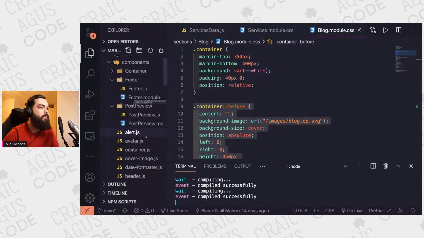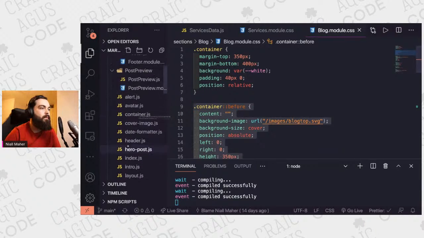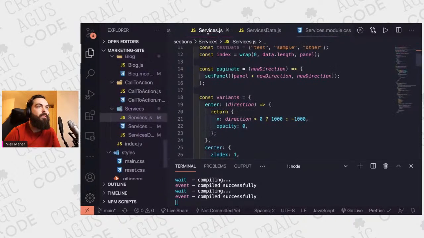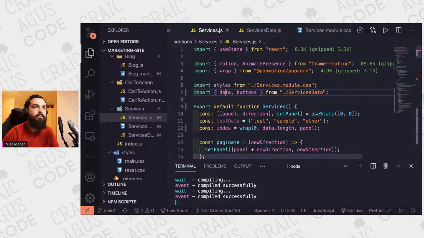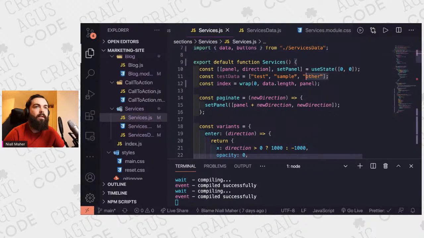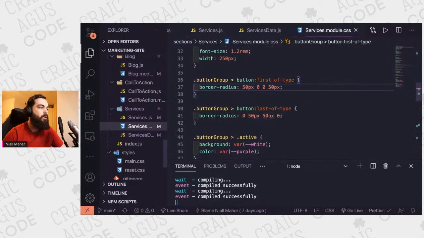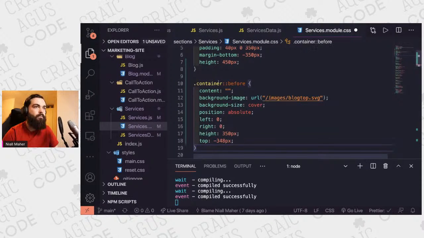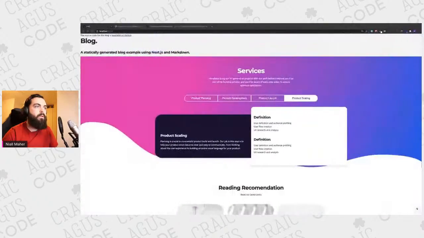So let's take this and put this on. Where am I putting this? Can't even remember what one I was in. Services. Test data is gone. I don't need that anymore. So I'll delete that. Go into here. And it's the container for